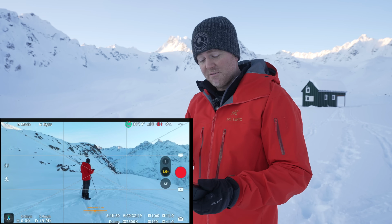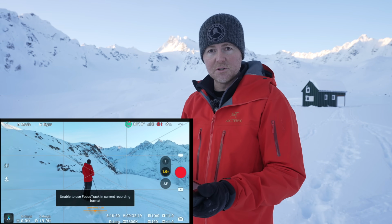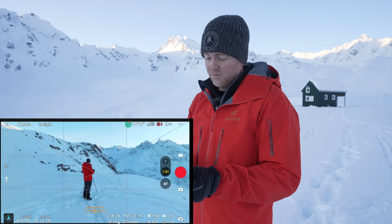As I said, you can't film in full 5.1K. So if I try and highlight myself, it says unable to use focus track because of the current recording format. Now, if I drop to 4K,